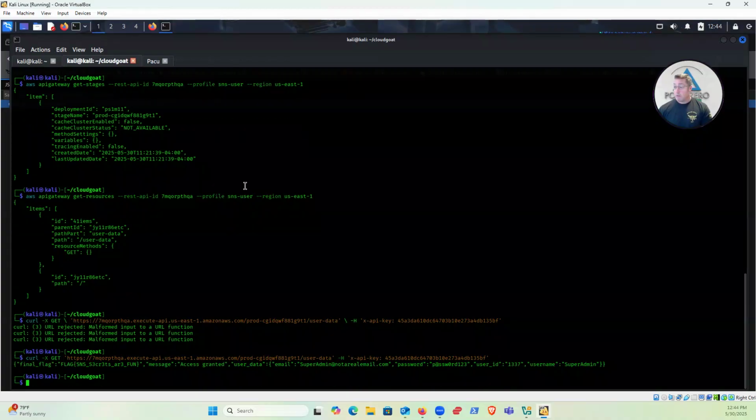And then from there, what we did is we needed to get the resources. So AWS API Gateway get-resources, REST API ID, put that back in again under our profile, SNS user, us-east-1. And then from there, what we noticed is we have a path, and the path is /user-data. Okay, and where this comes in handy is,